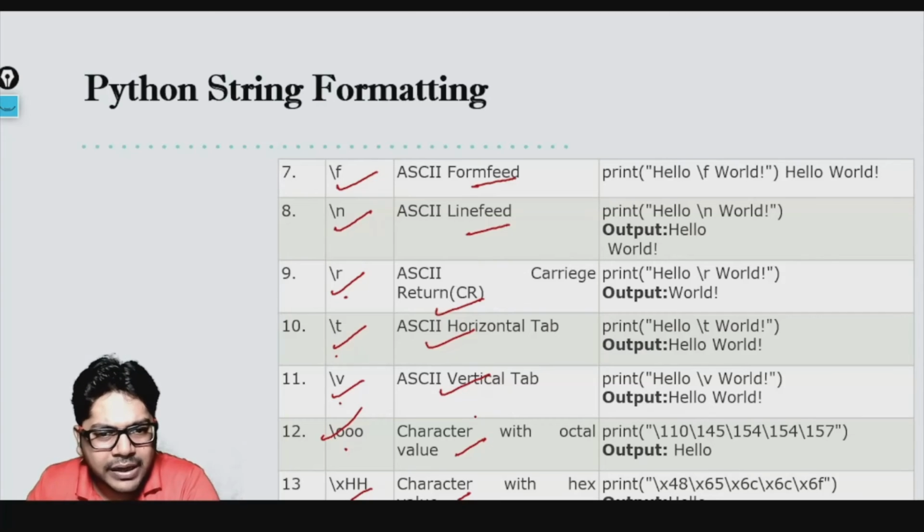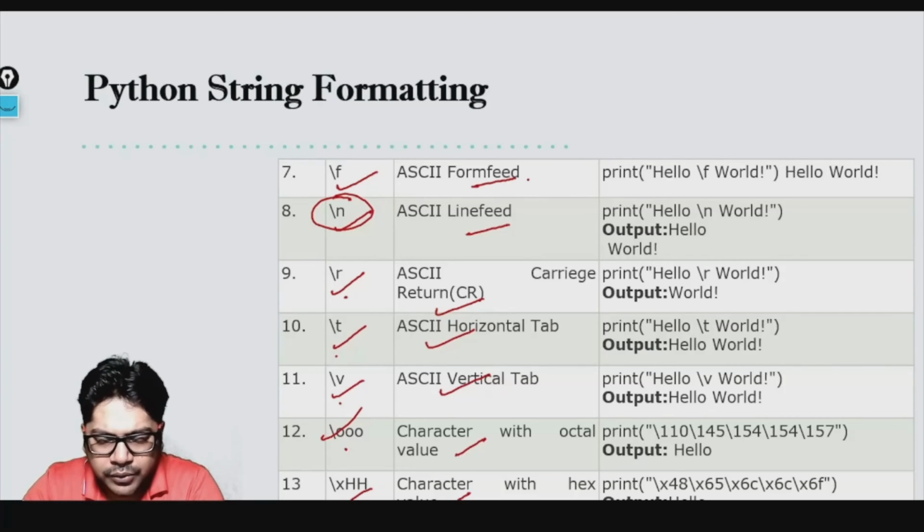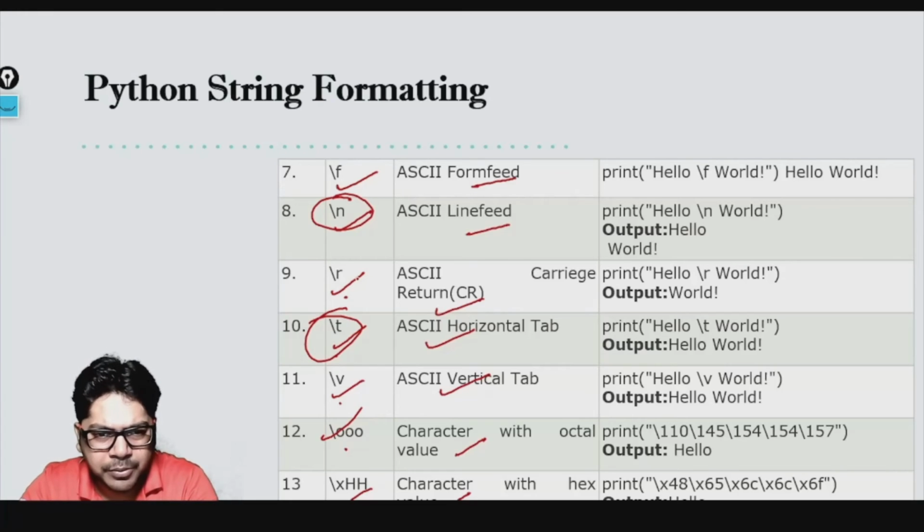Okay, the more you experiment, the more you will learn about it. So the table is given here, you can try this out all by yourself. Line feed is important to know. This is something that you might use frequently to change the line. You might use it a lot. Other than that, you can also use tab for listing if you want to give spacing, but otherwise it is very less used when it comes to programming.